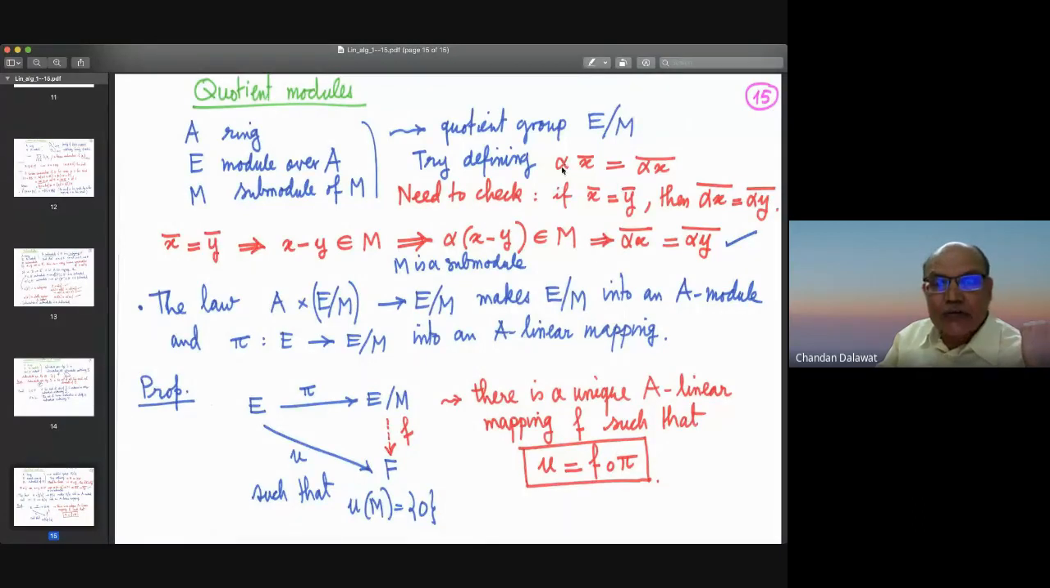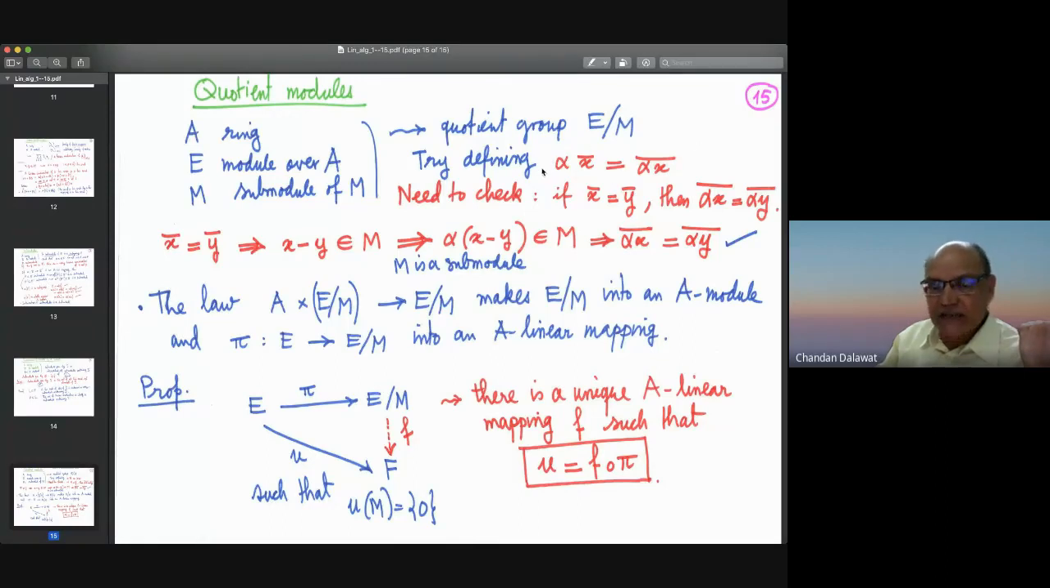I can try to multiply a scalar alpha with an element x bar of E modulo M by putting it equal to, I can multiply alpha with x, of course, because E is given to be an A module, and so I can multiply elements of E by elements of A. So alpha x makes sense, and then I can take its image in E modulo M. But